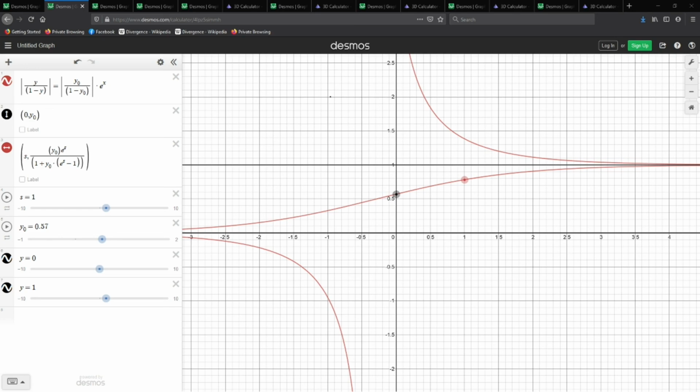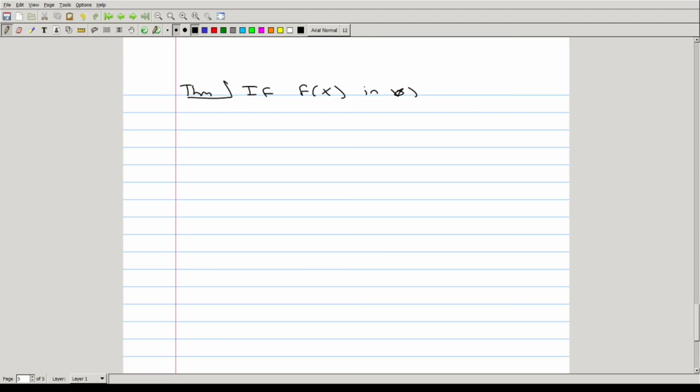If the function on the right hand side of the differential equation, or f of x in star, is continuously differentiable, then